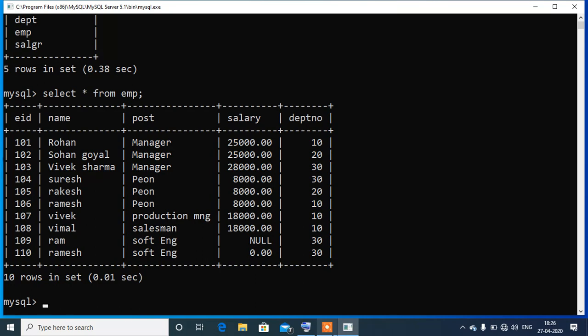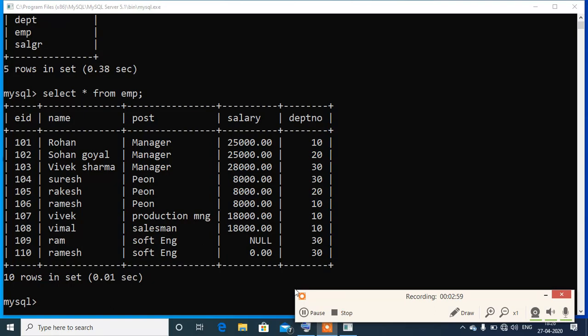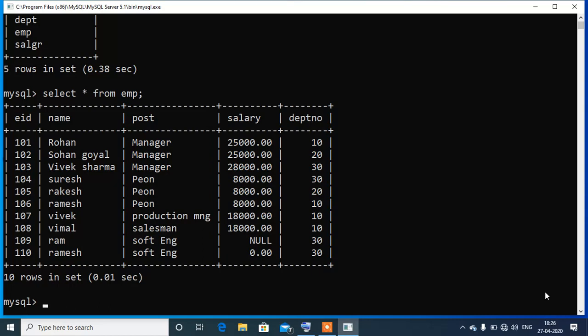Now suppose we want to add a column in this table. In this table EID, name, post, salary and department number is given. Suppose we want to add a project number on which the employees are working. So at that time we need to use the command alter. So first of all, we need to write alter,